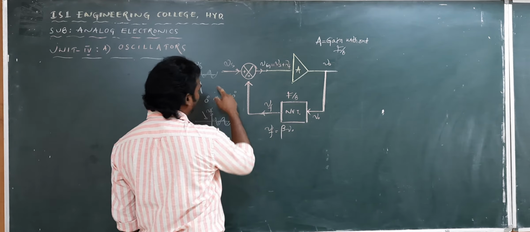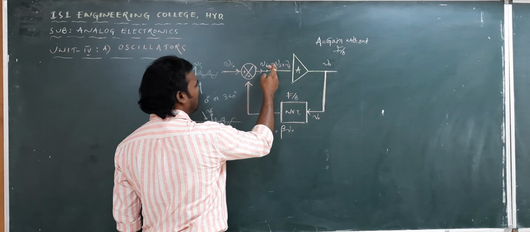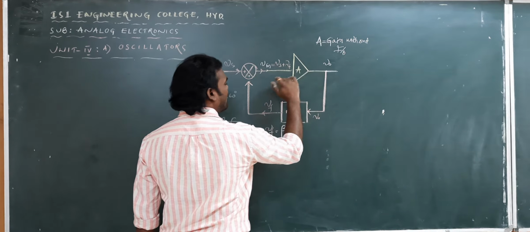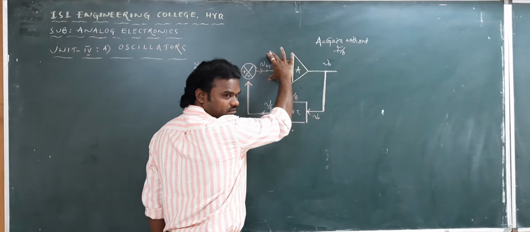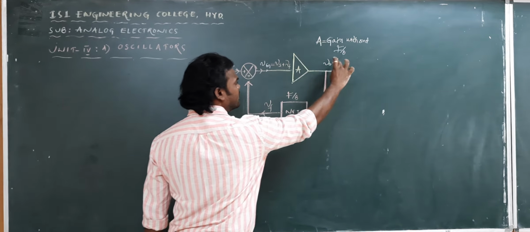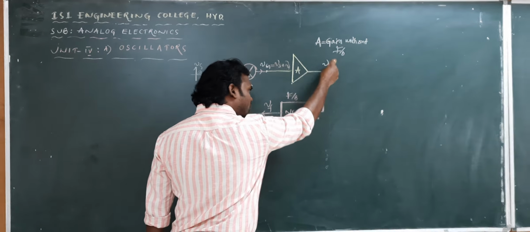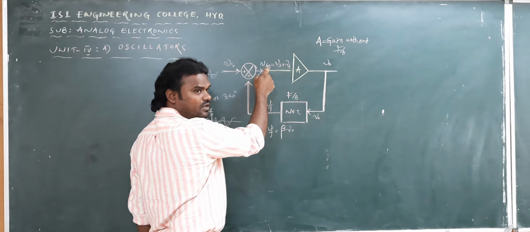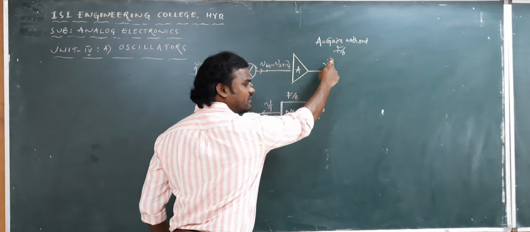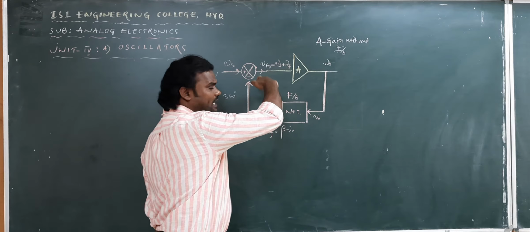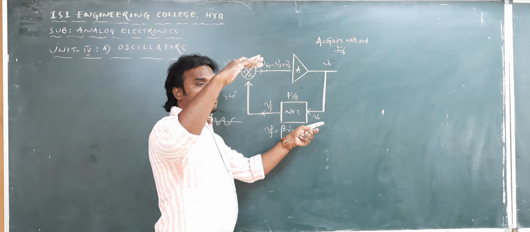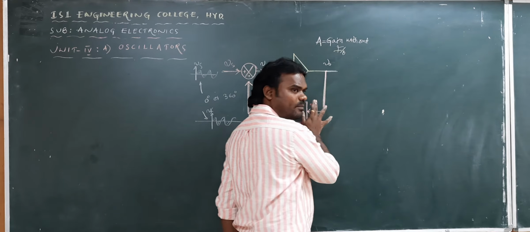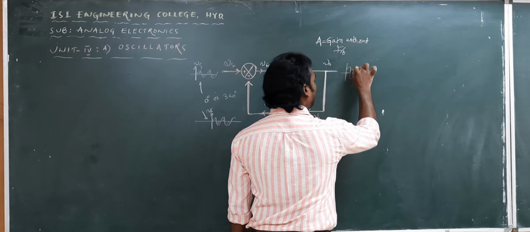So Vf and Vs are both in the same phase, so now Vin is equal to Vs plus Vf. Compared to the previous case, now input is increased, so output is also increased. From that increased output, again we are taking some portion as Vf, and again it is connected to the existing Vin. So again Vin increases, again Vout increases. That means Vin keeps on increasing, so Vout also keeps on increasing at one particular point of time. Instead of making the amplification, actually it is an amplifier, right? Yes. Amplifier means it has to make the amplification like this.